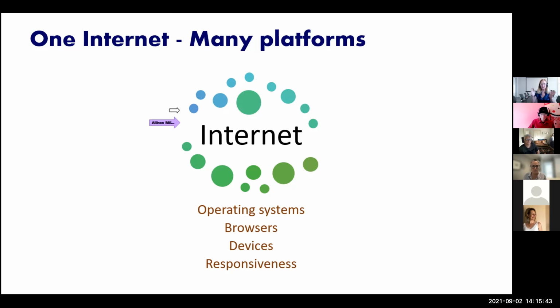And as I mentioned, these devices. Some of your students might be lucky and have a lovely laptop. Some of them may only be able to come in on a mobile phone. So when we're creating content, what does it look like? Is it responsive? When it goes onto a mobile phone, they shouldn't have to pinch out or move across the screen to actually access and be part of what it is in your online course. Right? So they're just some high-level things to think about when you're creating courses.